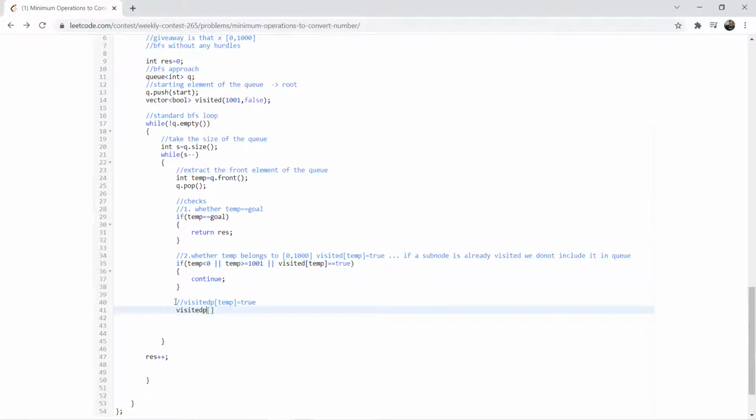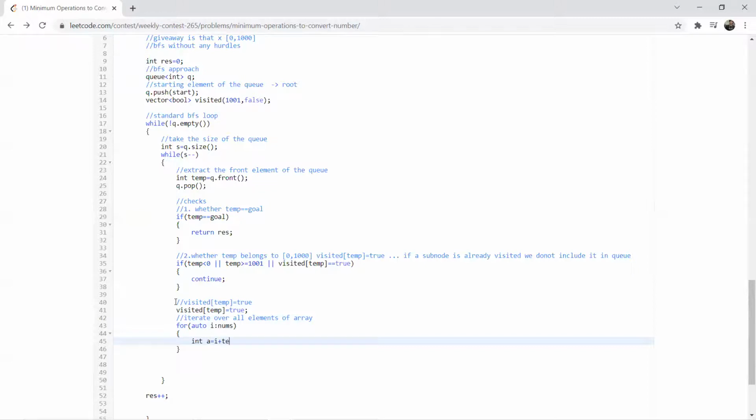So visited temp equals true, right? Now what comes next? Since it's a BFS loop, we have to iterate exhaustively over all elements of the array. So for auto i which belongs to nums, let's say I want to keep 3 integers, int a, which is temp plus i. So int b is going to be temp minus i, and int c is going to be